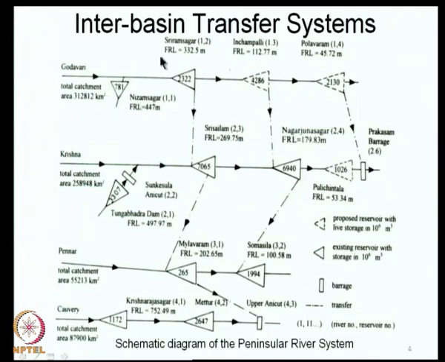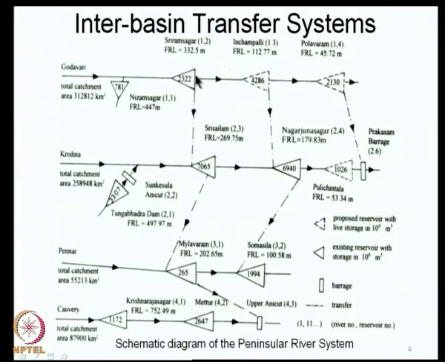So, how do we simulate this? When you want to simulate at any given reservoir, first of all, the reservoir is serving for its own purposes. It may have hydropower generation, it may have an irrigation demand, it may have drinking and municipal water demand, or it may be protecting against floods. Therefore, it must have flood storage and so on.